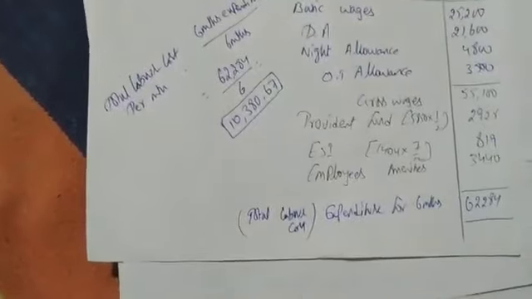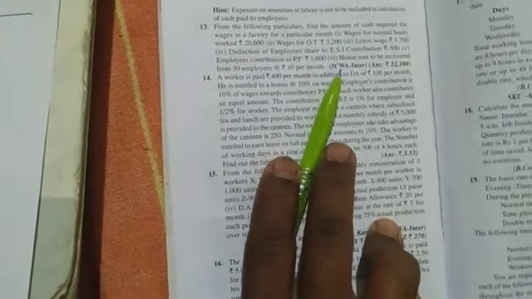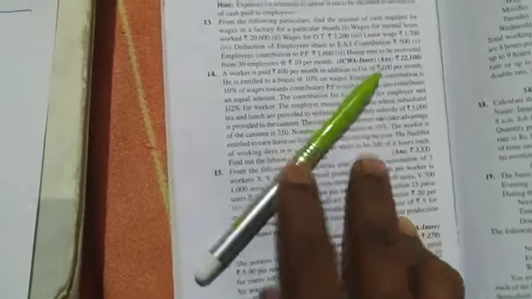The problem asked you to find out the cash to be paid by the employer to the employee, and one more thing: the employer contribution. In this problem he has not given information on the employer's share. He has not given how much he is contributing. That's why we did not find the employer's total expenditure. This we have not done. We only found out the cash to be paid to the employee.